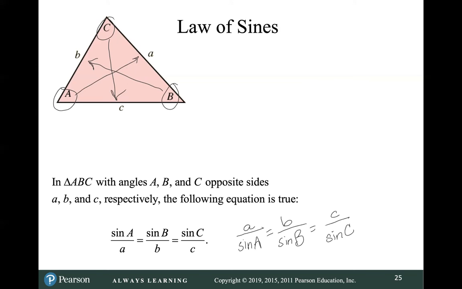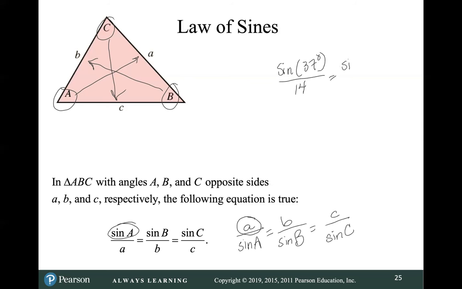Okay, so if I'm solving for an angle measurement, the first form is going to be more helpful because the angle is in the numerator. It's going to be easier to solve for. If I'm solving for a side length, this second set of proportions will be a little bit easier to use. Now, no matter which one you use, you'll find the right answer. But if you use the first one, you fall into the risk of saying something like, if I had sine of 37 degrees divided by 14